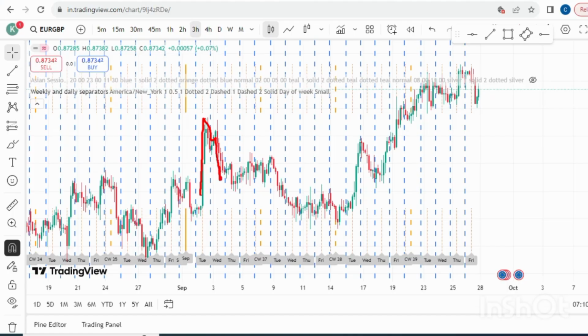Remember that the low of Tuesday is our last higher low, so we'll mark that zone. Wednesday closed as an inside day, and then Thursday continues to go down, pulls back, and then continues to go